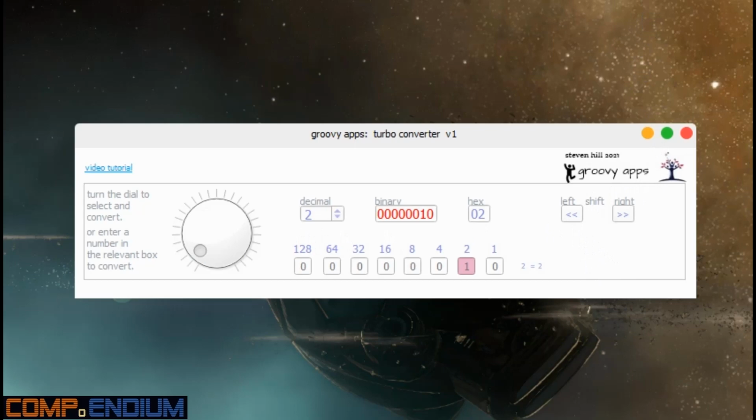So let's look at the pinks and the whites in a little bit more detail, because you have seen this working right the way through the video. On the bottom of the app, I have the ones highlighted in pink and the zeros highlighted in white, or lowlighted in white, I guess I should say. And that's to make it easier for you to see how the bit pattern changes as we're doing calculations, and also a left shift and a right shift,